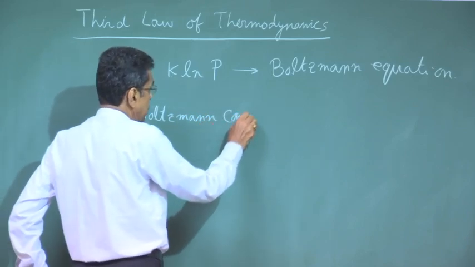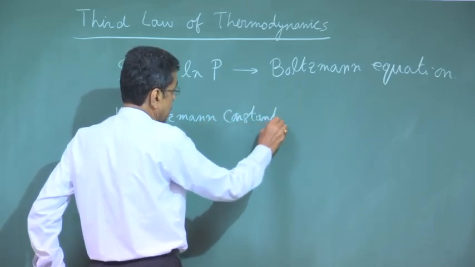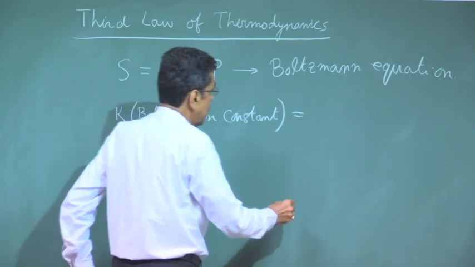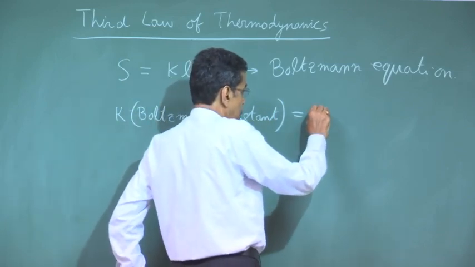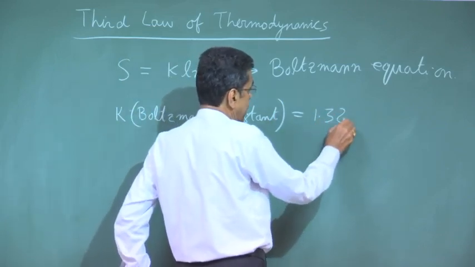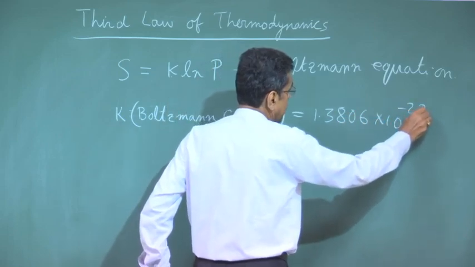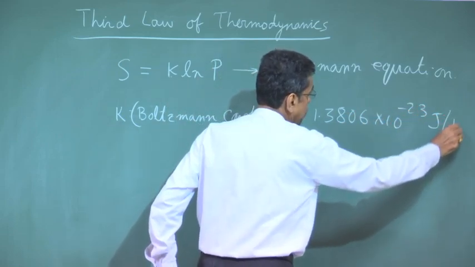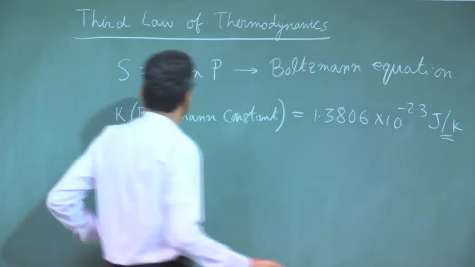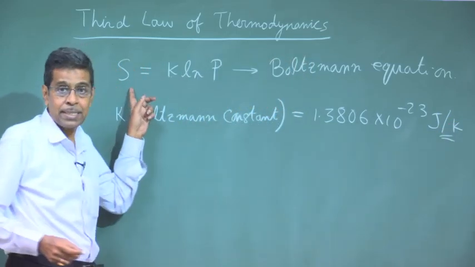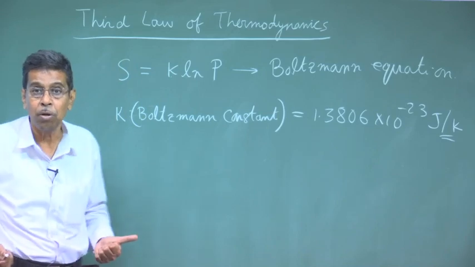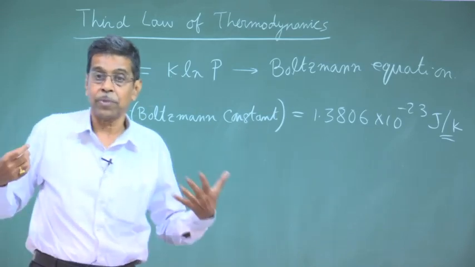Boltzmann constant whose value is 1.3806 into 10 to the power minus 23 joule per K, which is the unit of entropy. So, this is the absolute entropy in statistical thermodynamics expressed by the well known Boltzmann equation in terms of thermodynamic